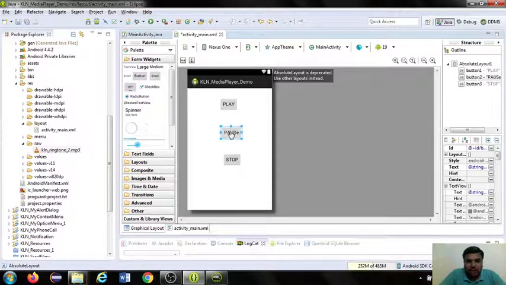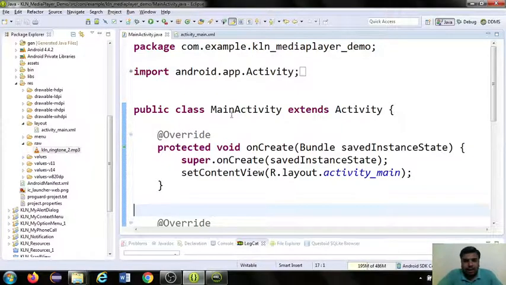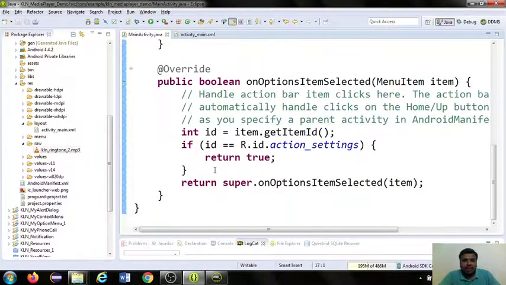Now according to this name, you have to assign some task to this button. So let me write the business logic for this button by using our Java file. Now go to your MainActivity.java, and this Java file will contain an auto-created stub.